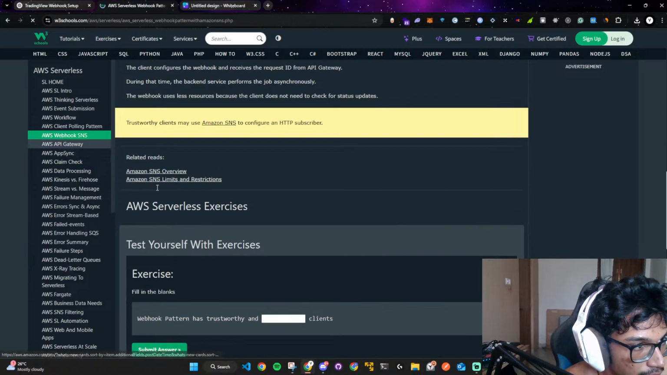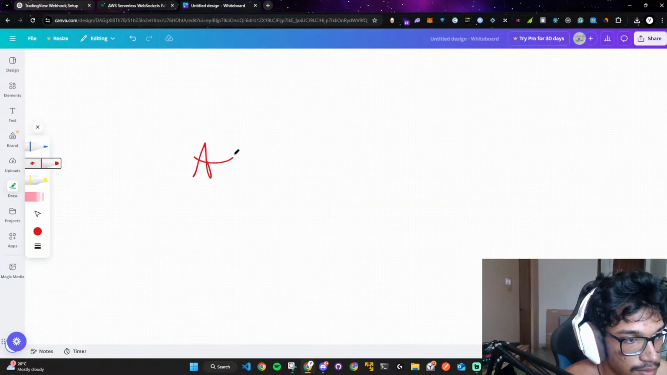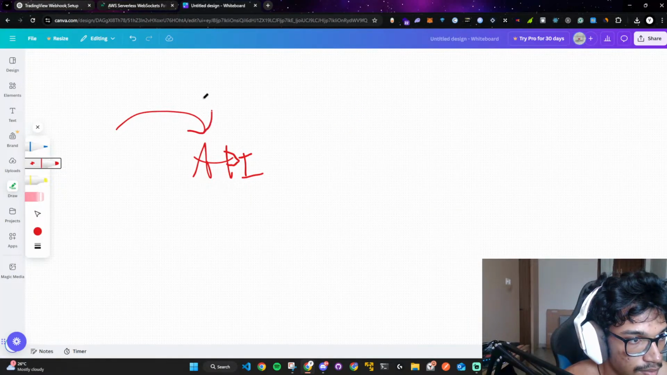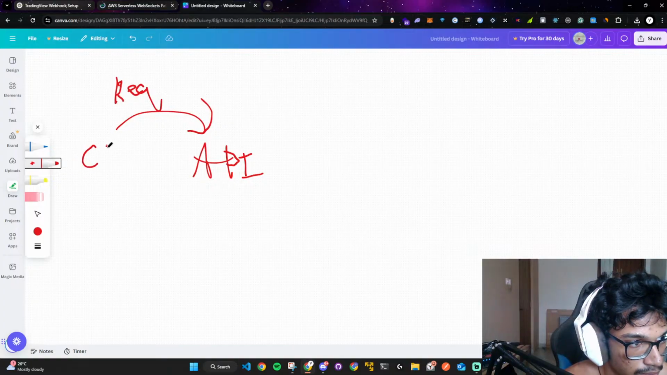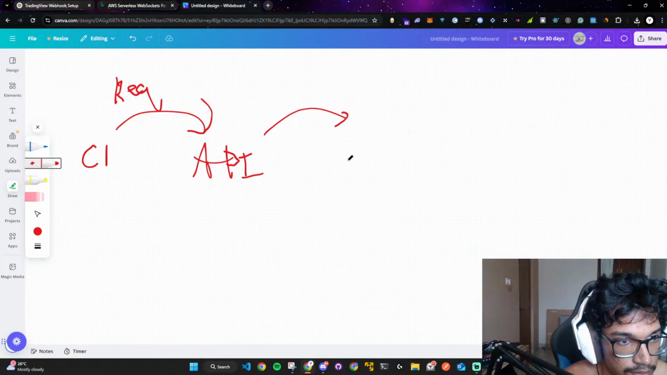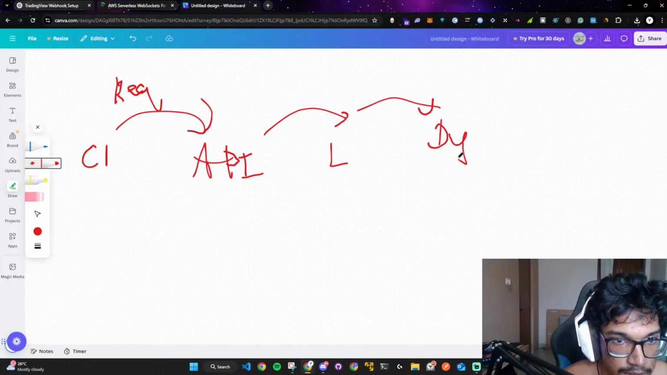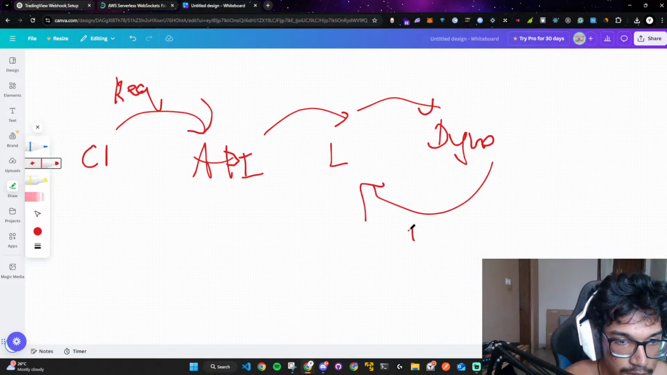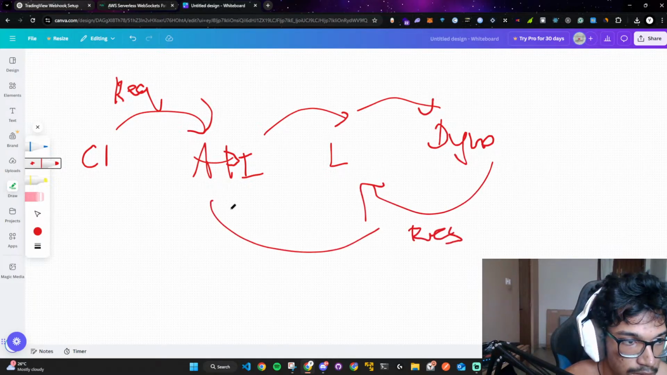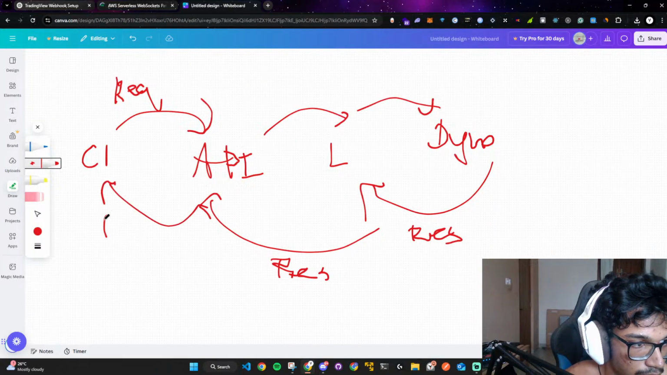Untrusted client, API gateway. Client sent a request. Lambda, so Lambda, DynamoDB. So response. Res. And